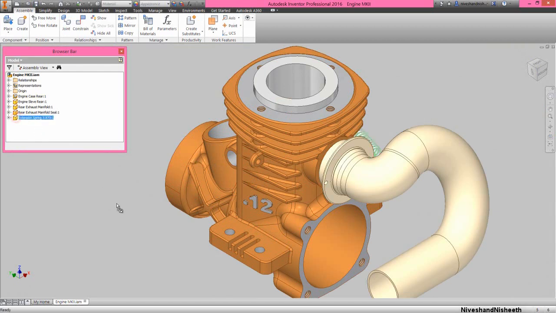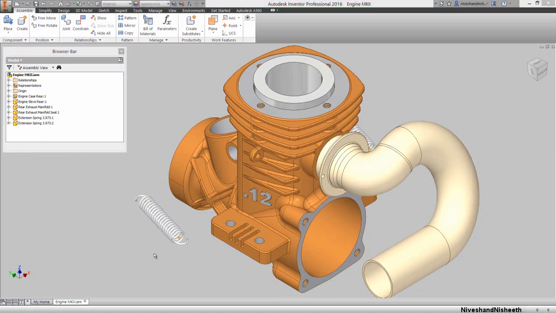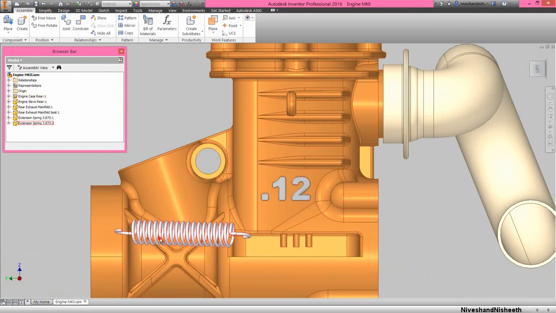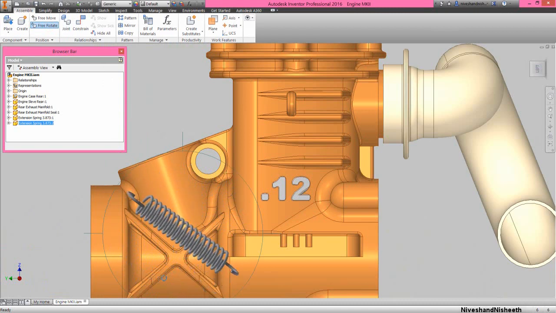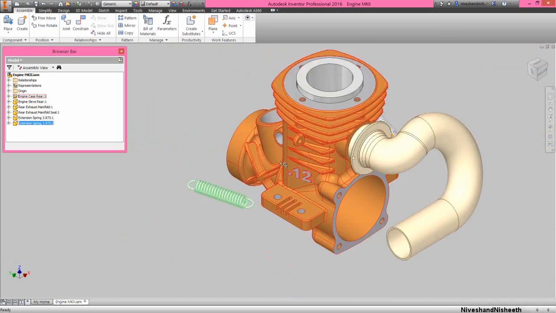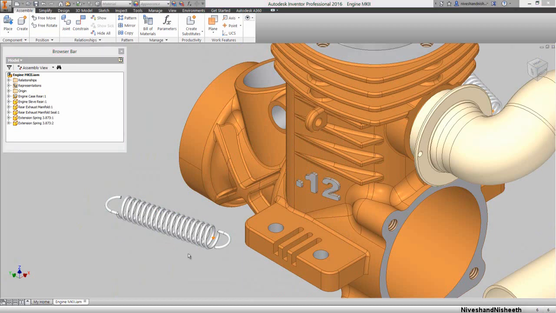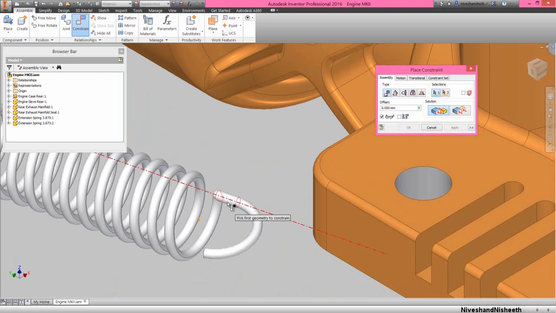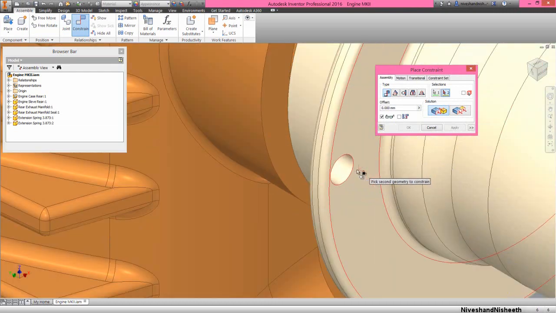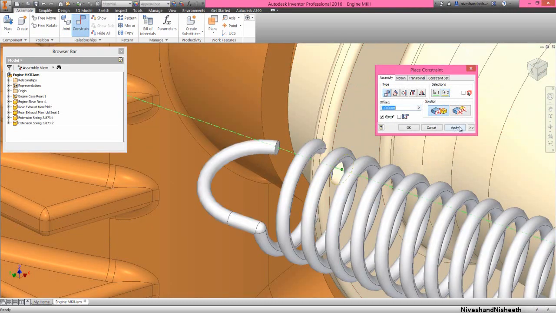Now we will place another copy of this spring in this assembly, and apply the same constraints on this spring that we did earlier on the previous spring.